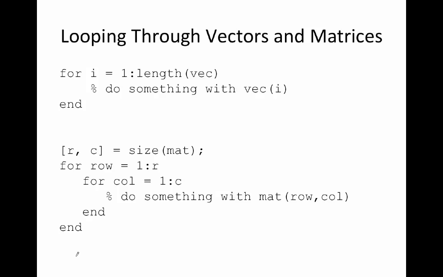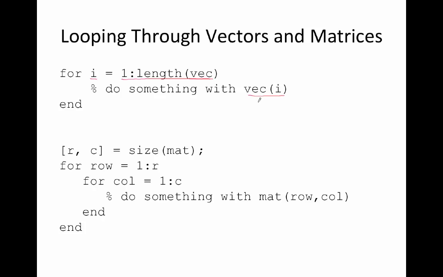This shows in general how you would loop through all of the elements in a vector and also how you would loop through all of the elements in a matrix. So if we had a vector variable called vec, our for loop variable, i, would go through all of the values from 1 through the length of the vector, and the action would be to do something with each element in the vector, vec sub i. So when i has a value 1, we're doing something with vec sub 1. When i has a value 2, we're doing something with vec sub 2, and so forth